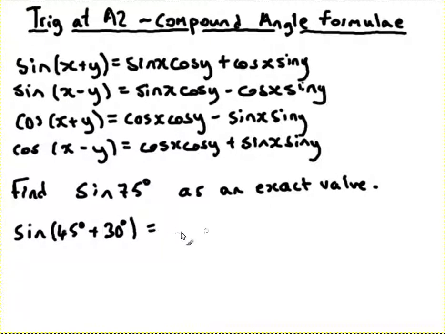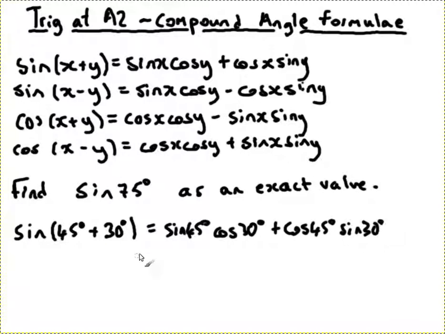And as we already know what sine of 45 and cos of 45 and sine of 30 and cos of 30 is, we can now work it out, because we'd have sine 45 cos 30 plus cos 45 sine 30. And that would give us 1 over root 2 times root 3 over 2 plus 1 over root 2 times a half,